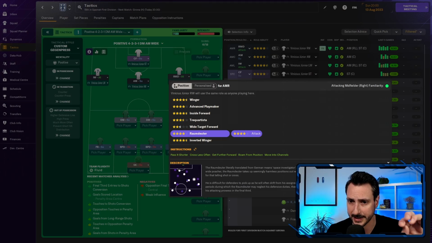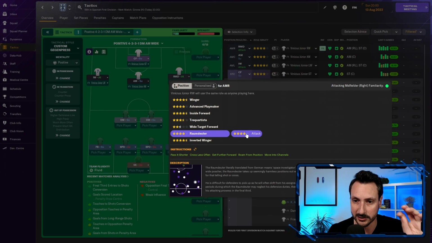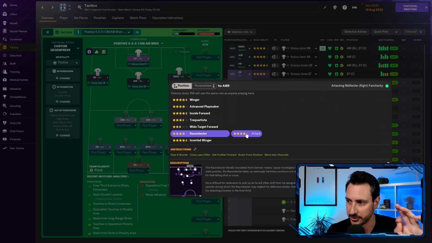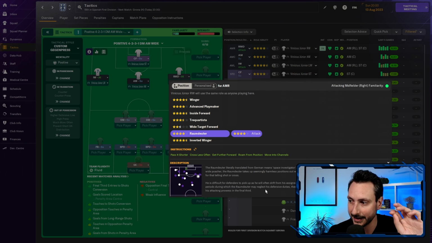Okay, let's quickly cover the basics. The Raumdeuter is a role that is available only for your left attacking midfielder and your right attacking midfielder. It is only available on attack, and there are unfortunately a couple of lies in the description below. I want to point out first the correct things. It is correct that his main role is to find pockets of space in which to operate. It is correct that he is difficult for defenders to pick up, as he will often drift from his assigned position looking for any opportunity to exploit. This can result in quiet periods during which the Raumdeuter may neglect his defensive...